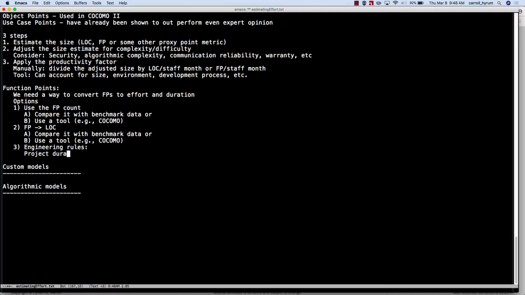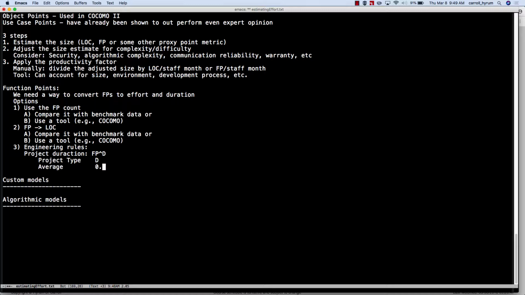So for project duration, we use a floating point count raised to some power, d is the variable. And you're like, okay, well, what's d then? So here's a little table of different values of d. It kind of depends. So if it's an average project,